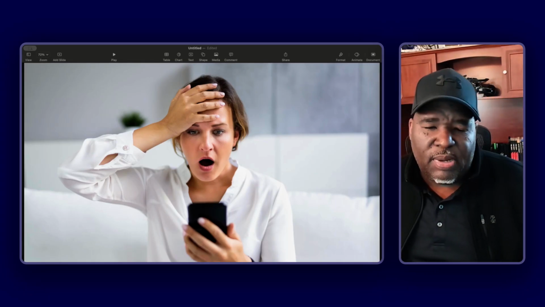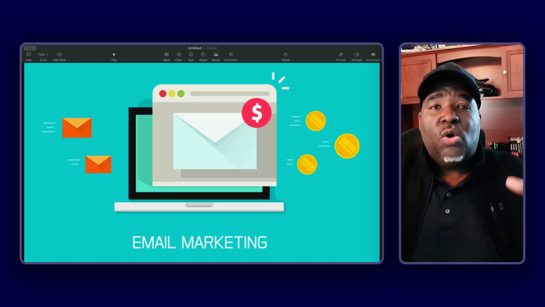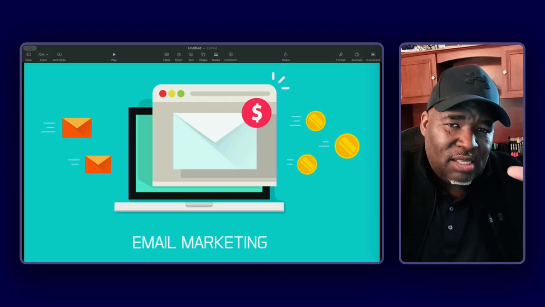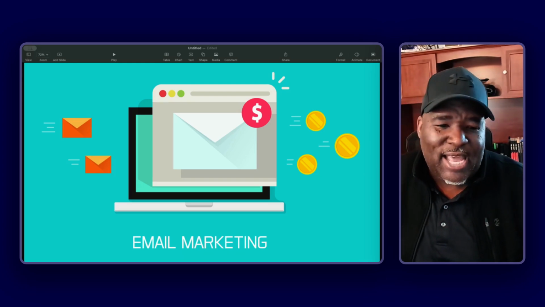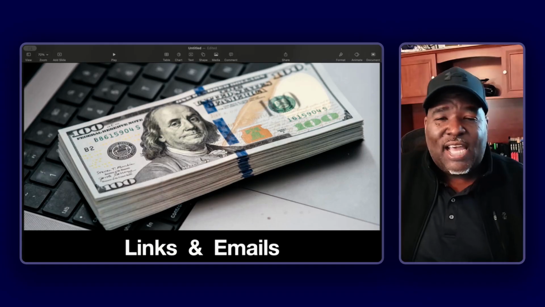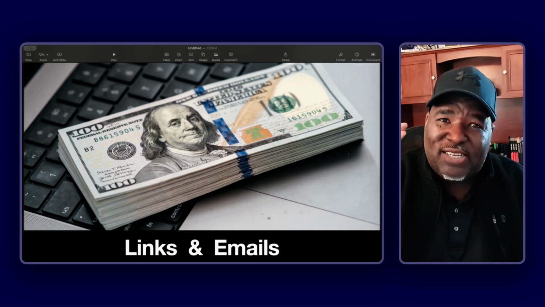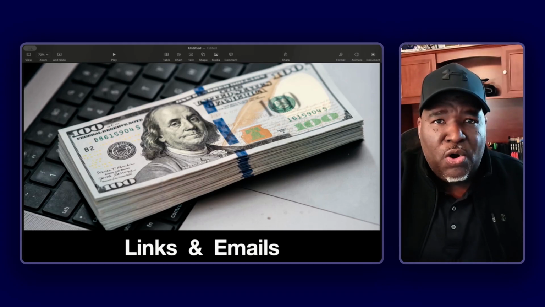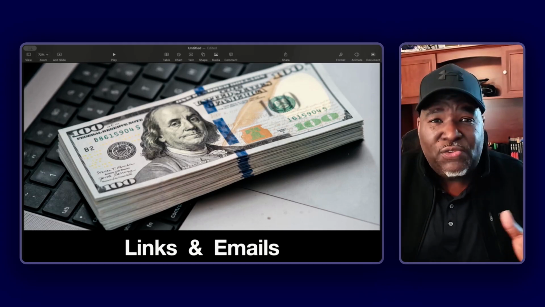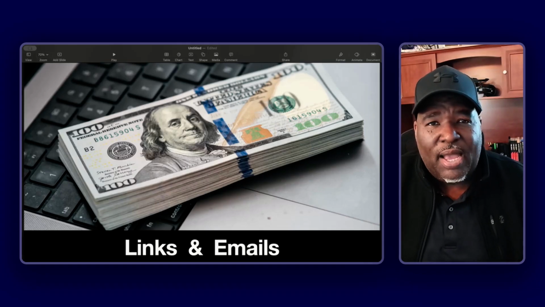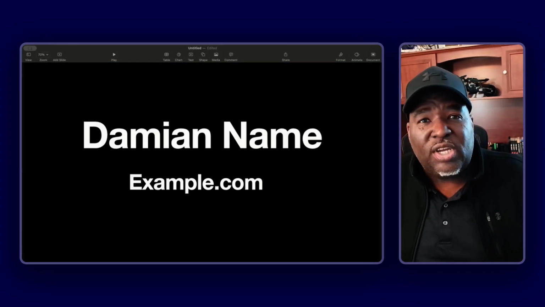And what we're going to be talking about is what affects email marketing. There are two things that affect email marketing, which ultimately affect the money that you can make with your email marketing, and that is links and email. Inside of every link and inside of every email, there's one thing that is in common with both that will allow you to have a lot less stress and make a lot more money if you understand the tech behind this one thing. And that one thing is the domain name. So that's what we're going to cover today.